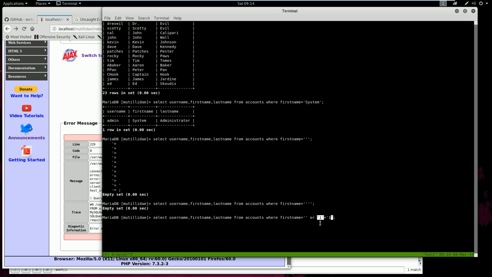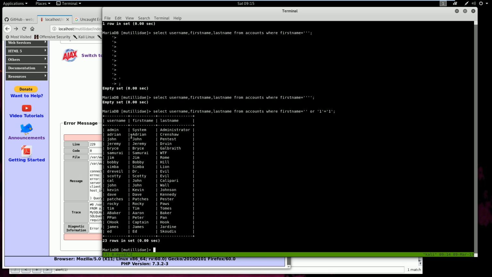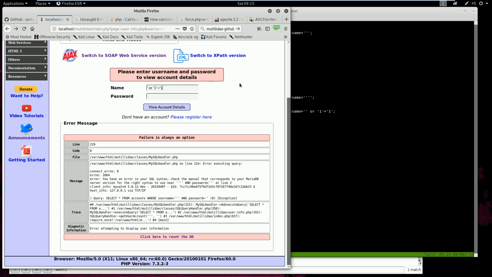So we say, hey, we'll quote 1, and that makes it a string of 1 instead of an integer of 1, equal to open quote 1, and then we use that last quote to finish our quote. And then it's saying, or the string of 1 equals string of 1. And look what happens when we do this. We get all of the output. And if we do that again here,